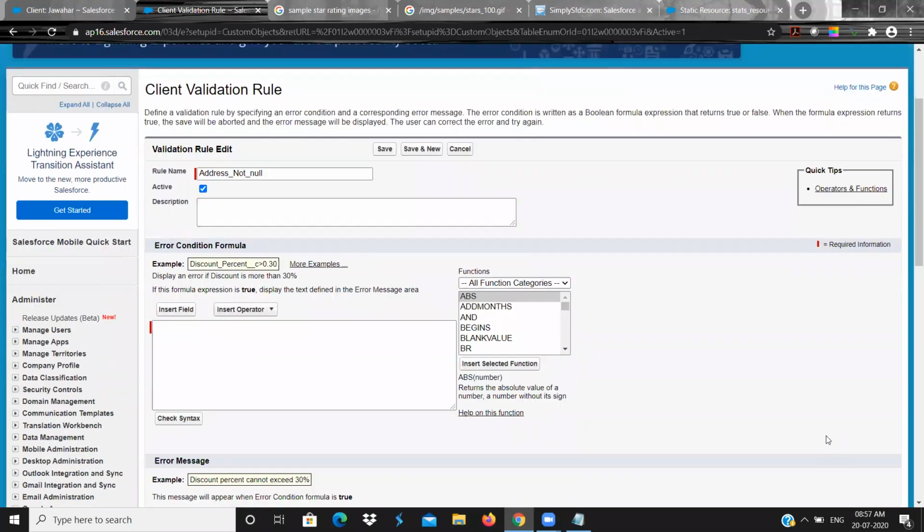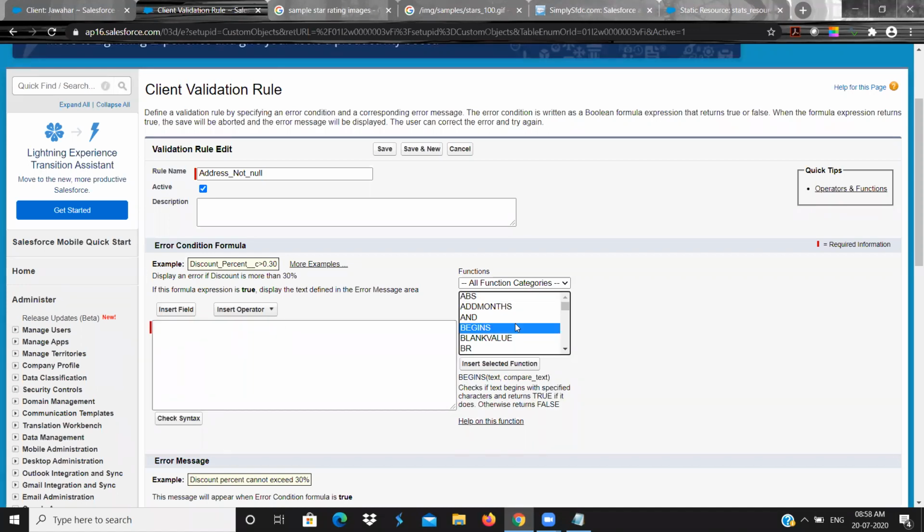All the syntaxes that we saw are similar to formula. The only thing is this is the rule to validate your data. This is the place to insert the condition.